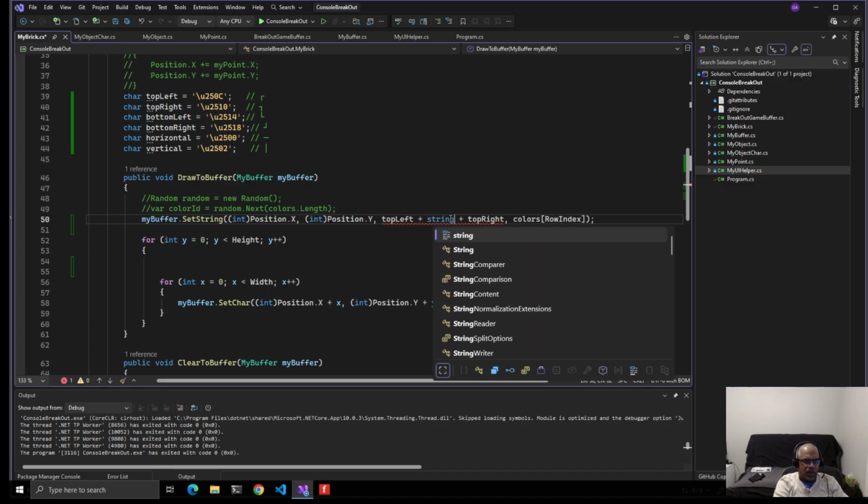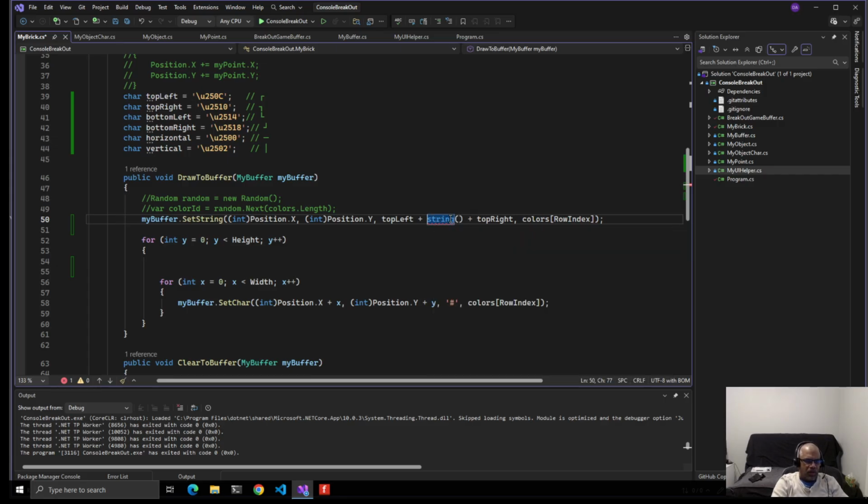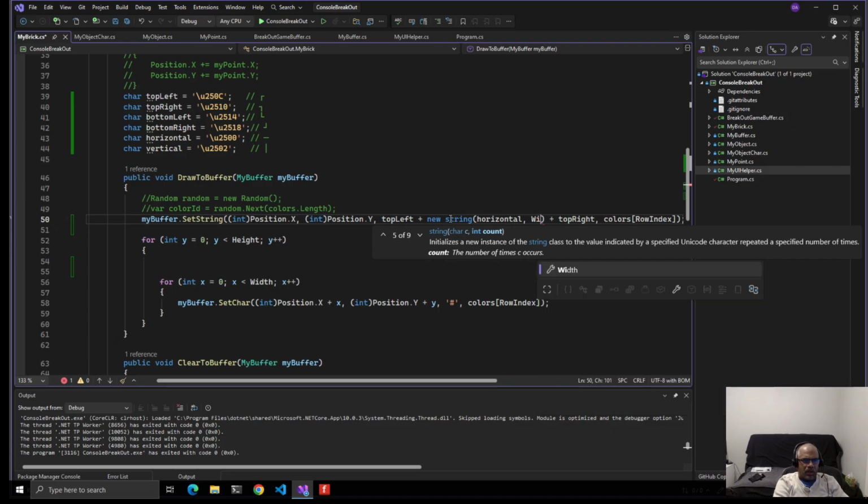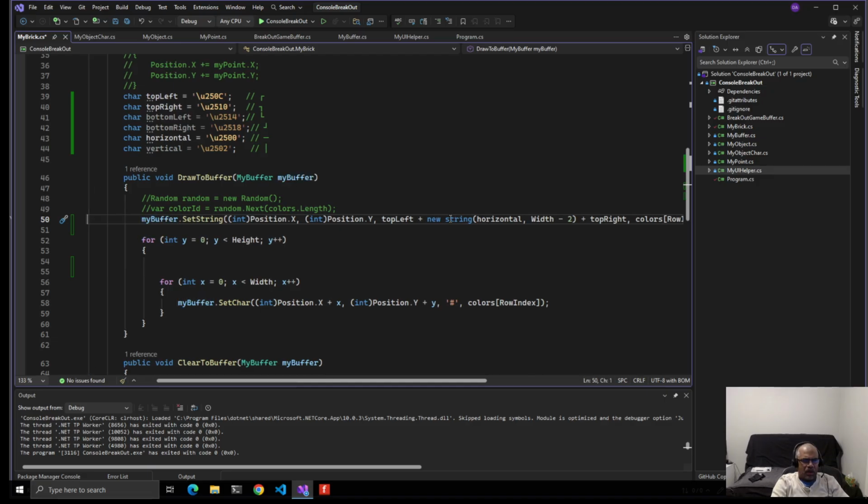I want a new string of horizontal, and then it's gonna be width divided by 2. No, the width minus 2 characters. Alright, that's the top, and then there should be one bottom